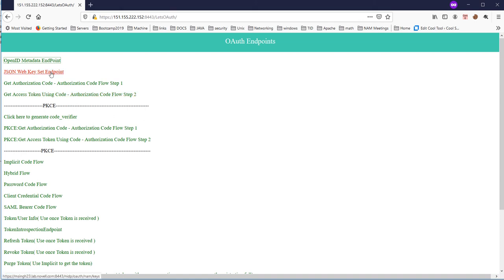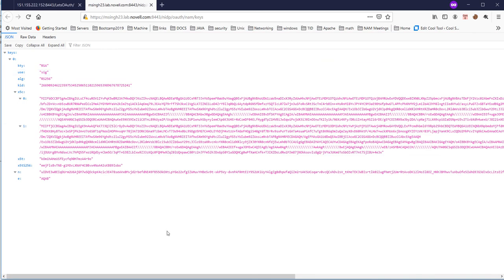Okay, the other one is the JSON web key set endpoint. If you click on that link, you can see the URL we are accessing. It talks about what kind of algorithm is going to be used, and the different things used with the signing of the OAuth token. So whenever NAM provides a token, it is going to use this particular endpoint, and a client application can use this endpoint to get all this information, so that if Access Manager is signing a token and sending it to the client application, the client can verify